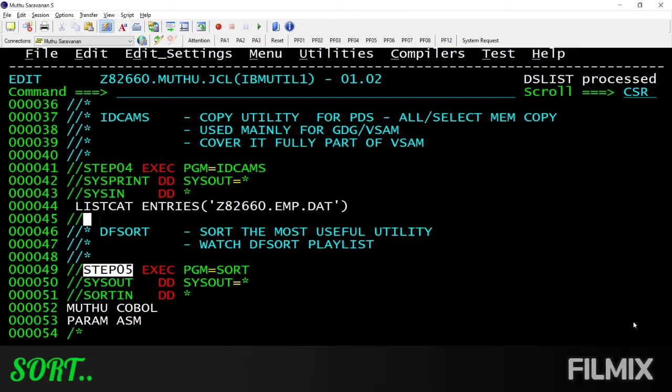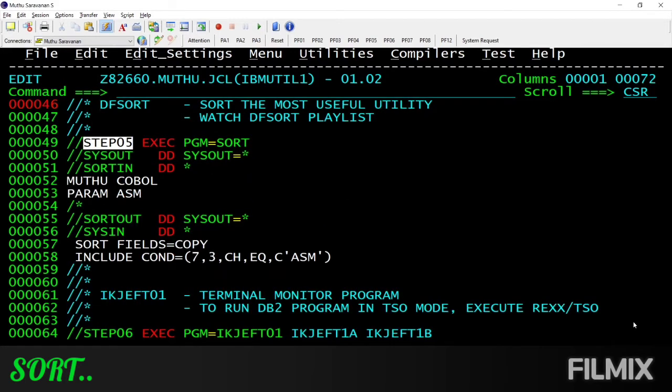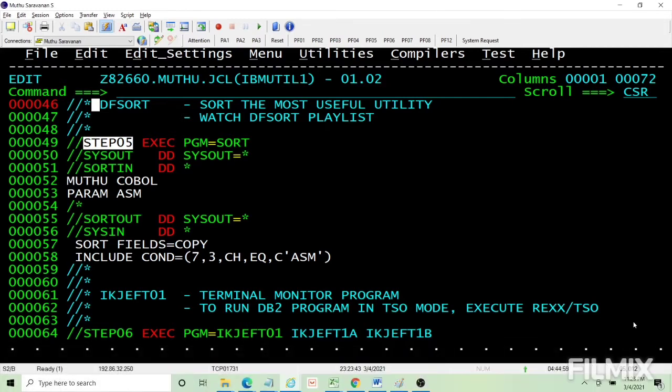Next, DFSORT. An extensively used utility is DFSORT. Okay, your installation may use DFSORT or SyncSort, but I don't want to talk about SORT here because we already have a playlist on SORT done by Ashwin, which covers the SORT utility in depth with all required day-to-day life scenarios. So probably you may want to watch the SORT playlist to understand SORT in detail. And I can tell you that if you are a mainframe programmer, you should know SORT in depth, so that in real time, many cases you will do just like that.